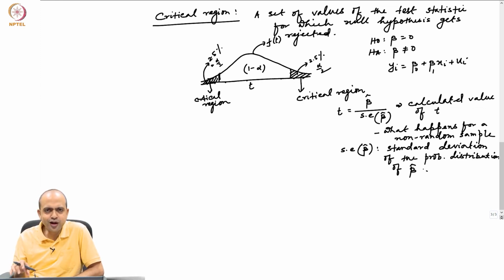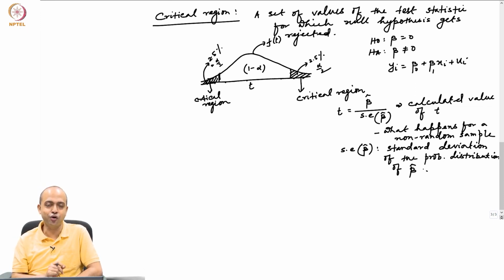So, in a non-random sample, since there is only one such sample you can collect, you will get only one beta hat. So, a distribution of beta hat is not a possibility when you are going for non-random sampling. That means you can estimate your beta hat with that non-random sampling, but you cannot go for hypothesis testing, because hypothesis testing requires a test statistic to be computed, which again requires the standard error of beta hat to be computed, which is nothing but the standard deviation of the probability distribution of beta hat,